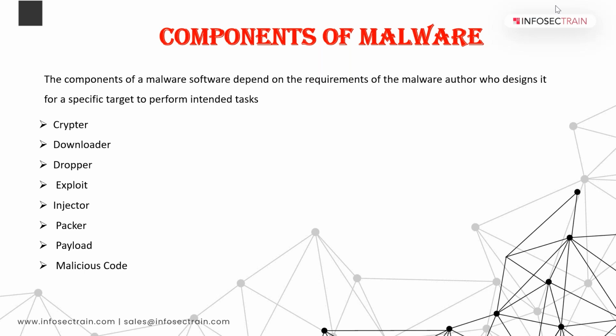When it comes to the cryptor, it is a software program that can conceal the existence of a malware. Attackers use this cryptor software to elude antivirus detection. It protects malware from reverse engineering or analysis. So whenever you are doing malware analysis, if the malware uses this cryptor, it is very difficult to detect by security people and security mechanisms also, right?